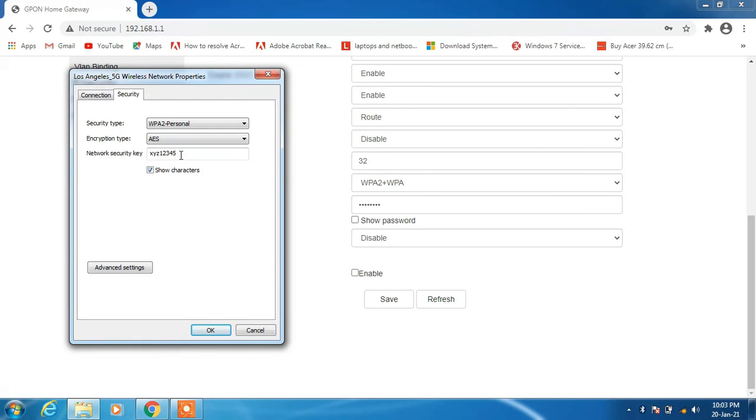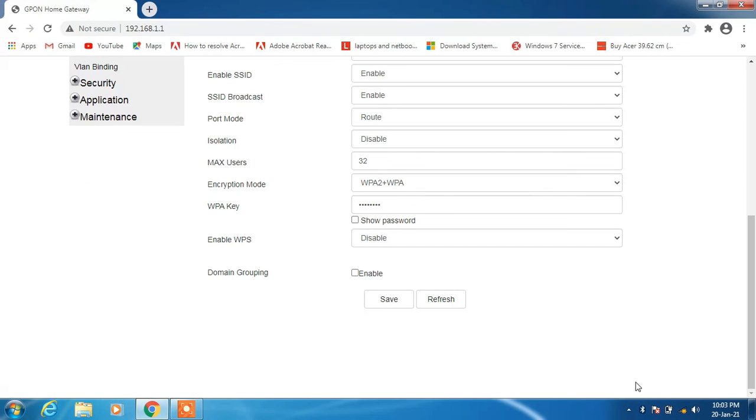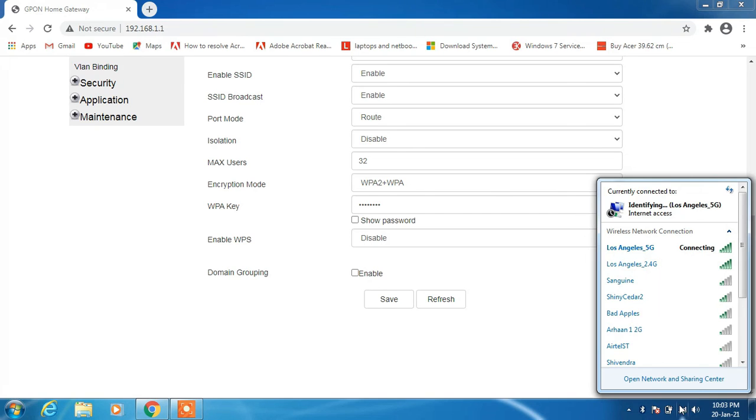You can see the old password here, just change it to the new password that we have set in the router configuration setting. After changing the password, click on the OK button, again go to the network, and you can see that the Los Angeles 5G network is now connected again, as we have entered the new password in it.